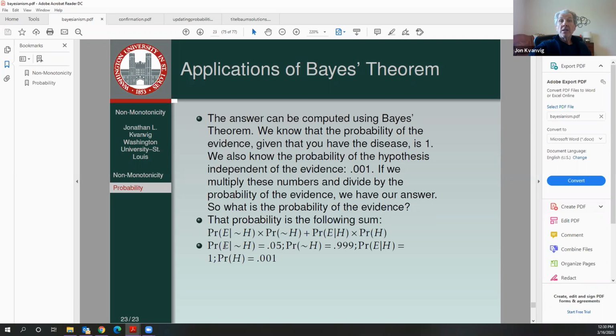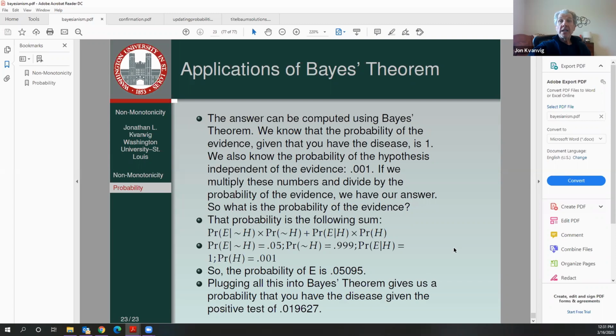Now we know that the false positive rate is 0.05, 5% of the time. We know the probability of not H is 0.99. We know the false negative rate is 0. So the probability of the evidence given the hypothesis is 1, and we know the probability of the hypothesis itself is 0.001. So the probability of the evidence, you can calculate this for yourself, the denominator for Bayes' theorem, is 0.05095. Now plug that into Bayes' theorem with the rest of the calculation, and the probability that you have the disease given the positive test is about 0.02,